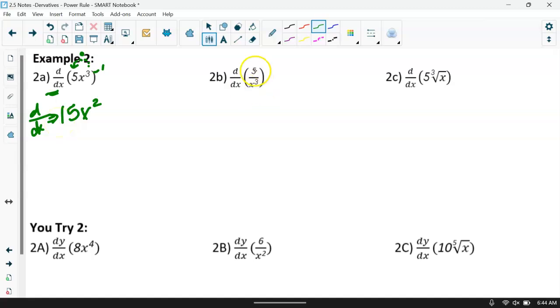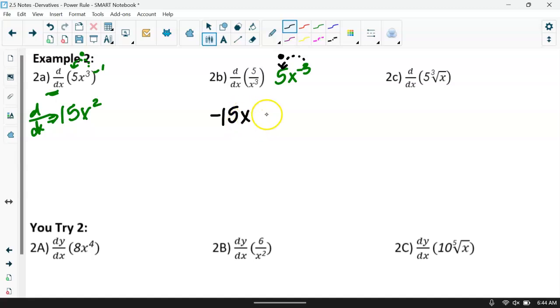So then here, again, now it's 5, but over x to the 3rd. Rewrite it. This is the same as 5 times x to the -3, right? Because x to the third is in the denominator. Then here we go. We're going to rewrite it. Make sure when you bring down, multiply, because now we already have a coefficient. So 5 times -3 is now